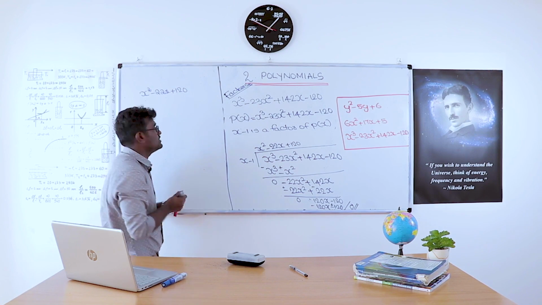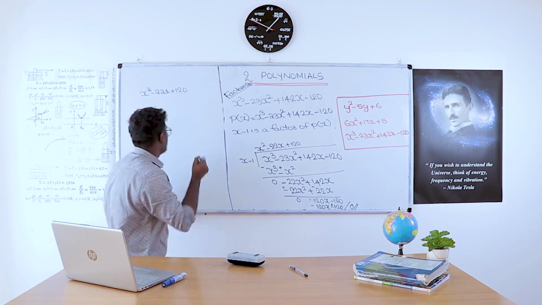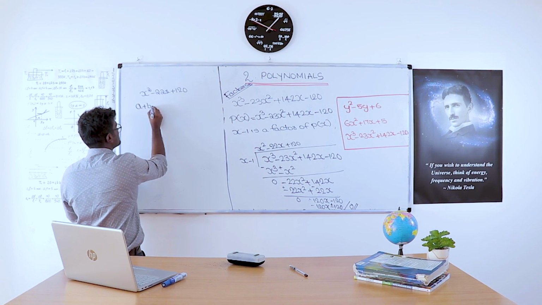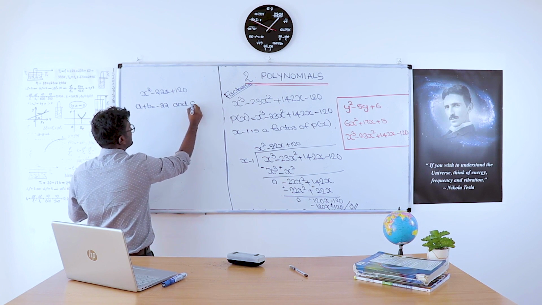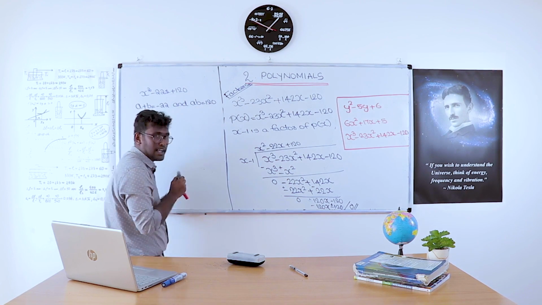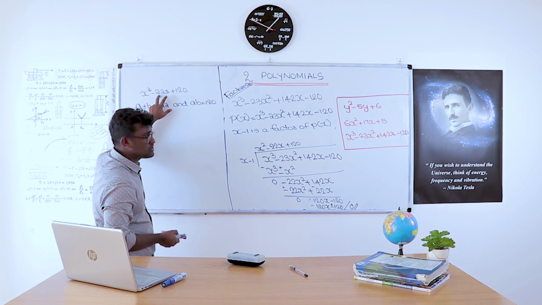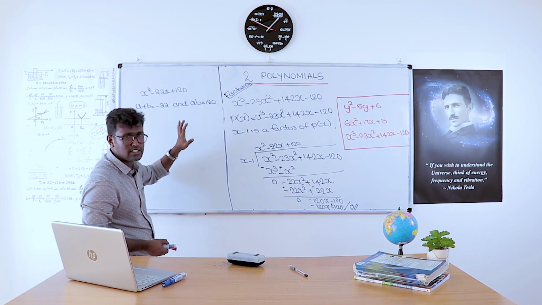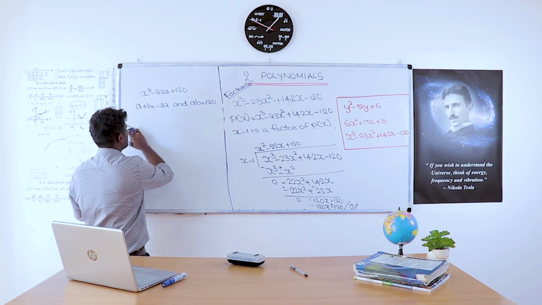How will you factorize this one? We have to take two numbers in such a way that if we add those two numbers, a plus b is equal to minus 22, and if we multiply those two numbers, ab is equal to 120. This is the condition. We have to take a and b in such a way that if the two numbers are added, we get minus 22. If the two numbers are multiplied, we get 120. So this is the condition for taking the numbers. So how will you take the numbers? So the numbers are